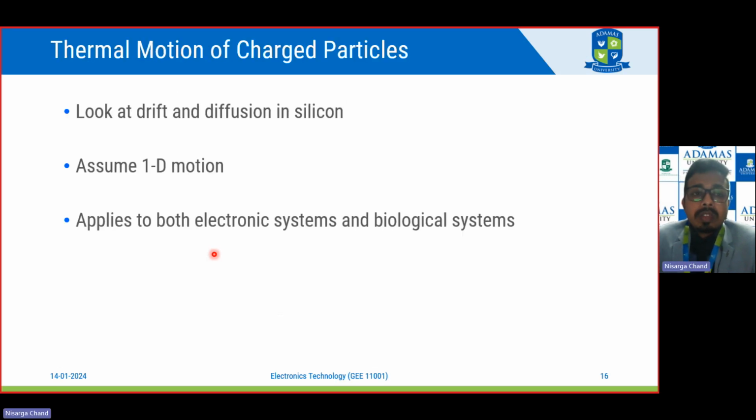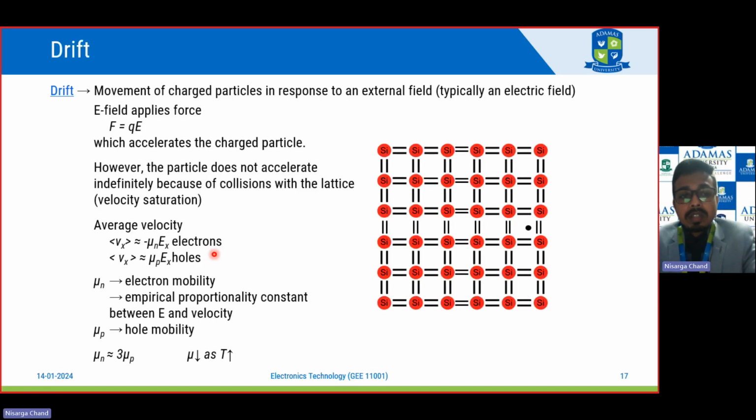Now coming to the next part, after the Fermi level and the positions of the carriers: thermal motion of charged particles, that is, let's look at drift and diffusion in silicon. So assume that it is one-dimensional motion. You can apply this for both electronics and biological systems, these motions. So starting with the